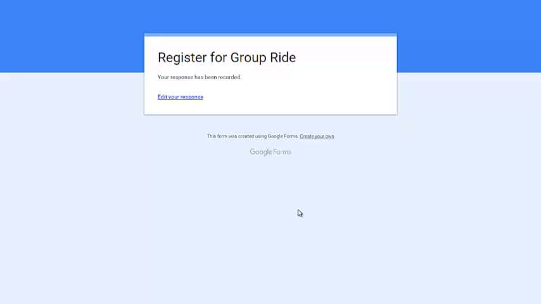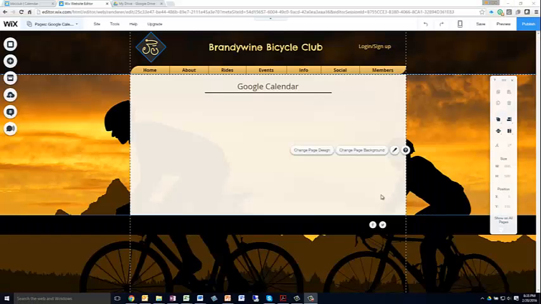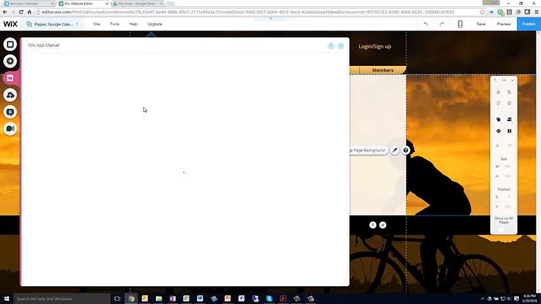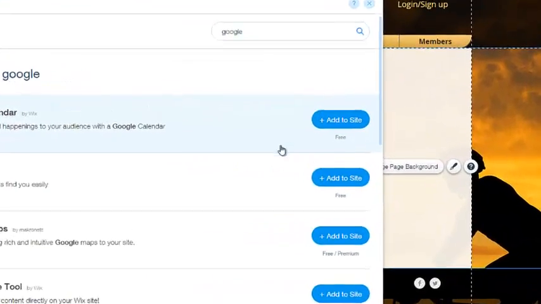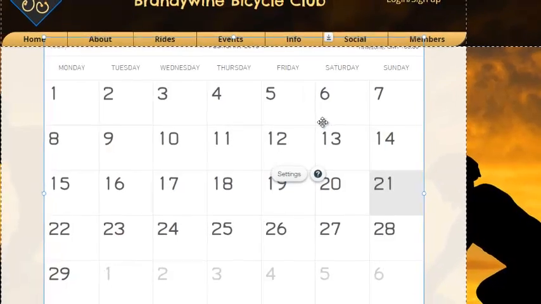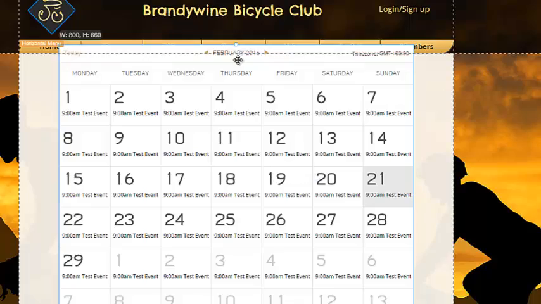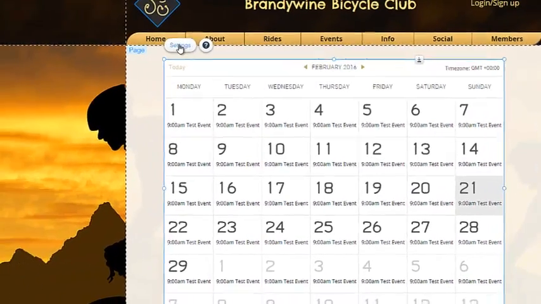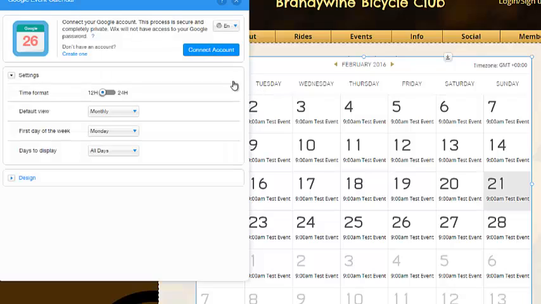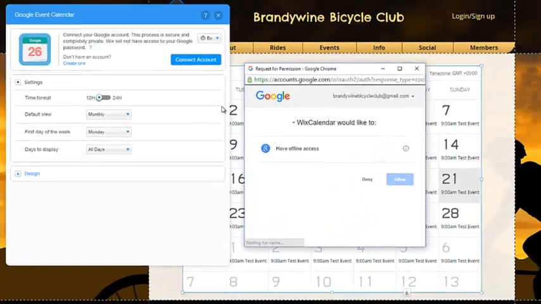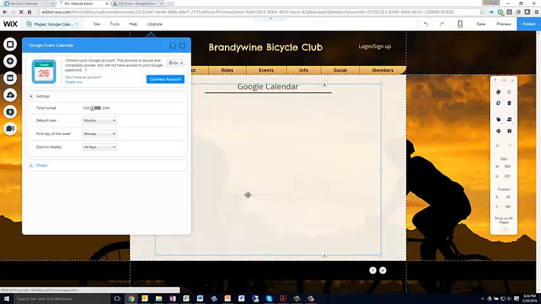Now let's take a look at how we built this app. Let's first take a look at the differences between using the embedded Wix calendar app for Google and another option which I'm going to show you instead. If we go to the app market and pull up the Google event calendar and add that to site, we can see the tool that's offered here. All we need to do to enable it is go in and connect it to our Google account. So we'll go ahead and enable that,